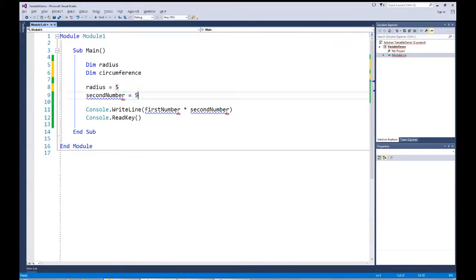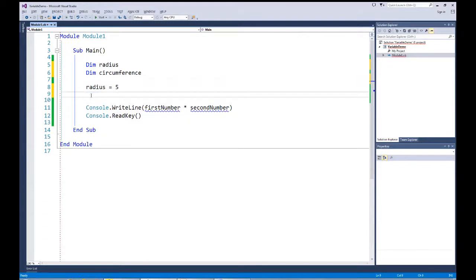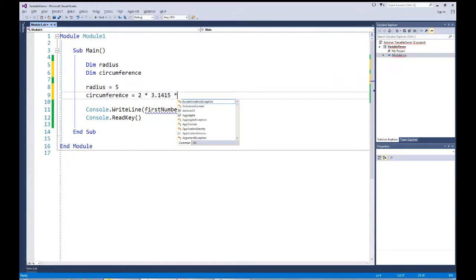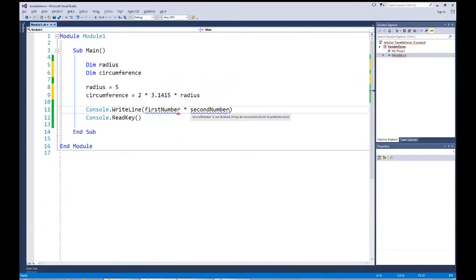And I'm going to not use the second number right now, but what I'm going to be using is the radius of 5. And if you'll remember that the circumference is equal to radius times 2 pi. So we're going to get the circumference and assign to it 2 times pi. Now I can put in 3.1416 here times the radius. And then I'm going to output the circumference